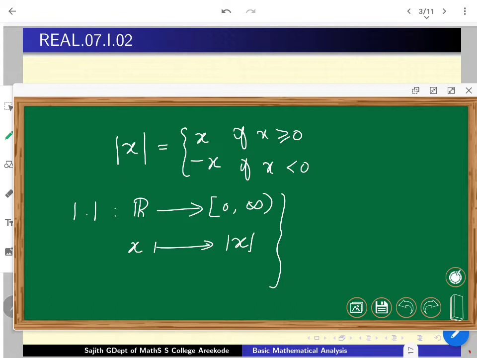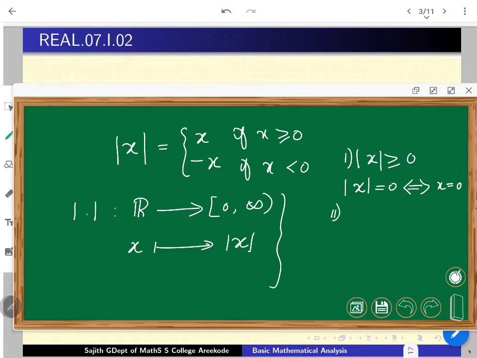So the basic characteristics, or the properties you are looking for, are at least better to remember as follows. It's a non-negative evaluation you are going to get. That is the fundamental one: whether x is positive, negative, or 0, mod x is always going to be a non-negative evaluation. Moreover, mod x is 0 if and only if the point is exactly equal to 0. These are very easy consequences of the definition.